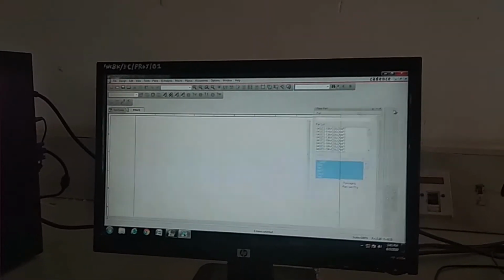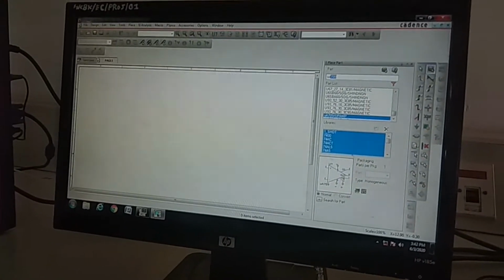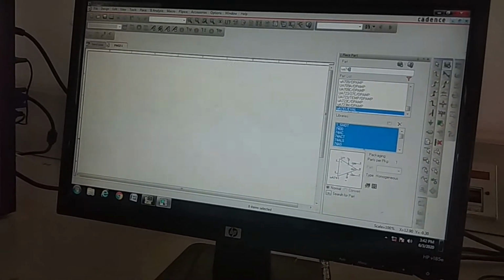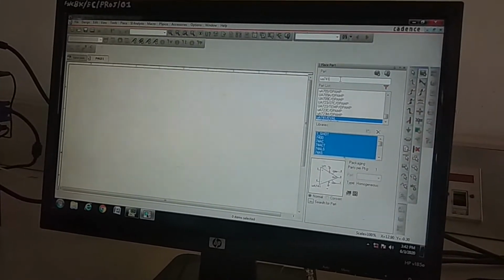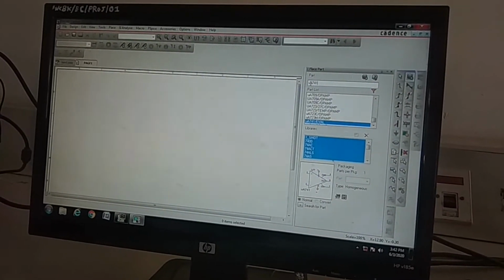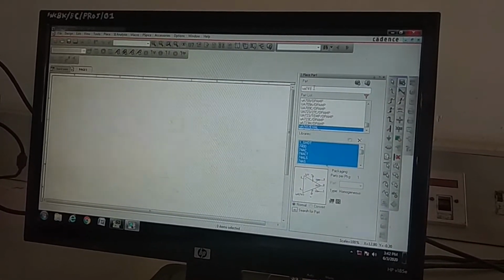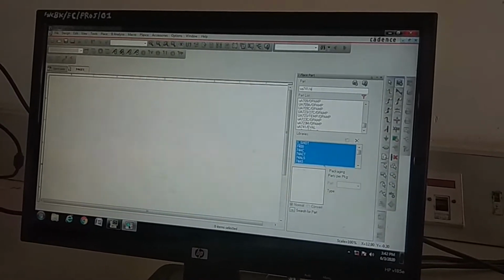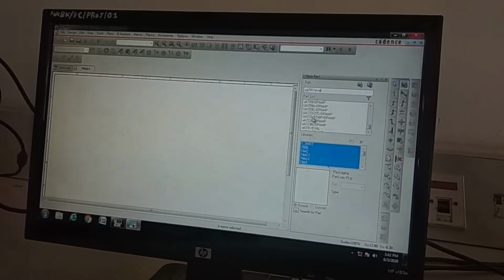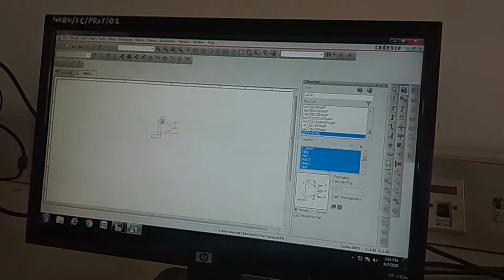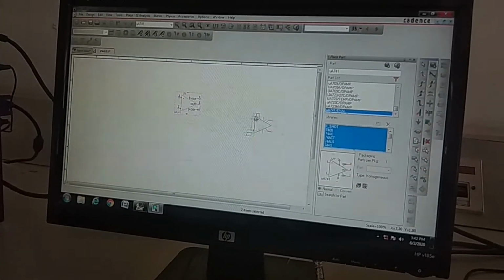Go to place component, type new A741/evaluation. Okay, click on that, place the component, then press escape.